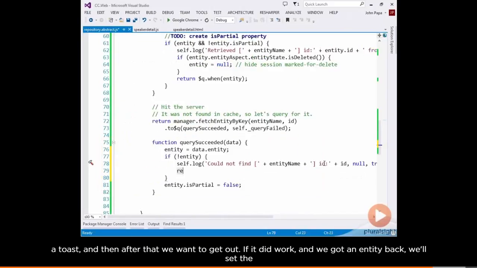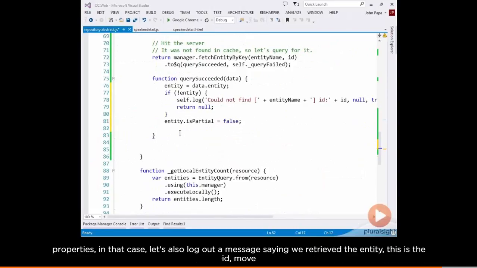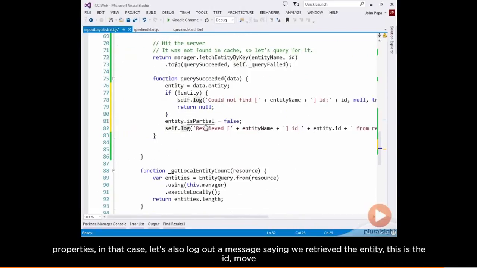And then after that, we want to get out. And if it did work and we got an entity back, we'll set the isPartial to false, because that's going to mean it's a full-blown entity, meaning it has all of the properties. And in that case, let's also log out a message saying we've retrieved the entity, this is the ID,